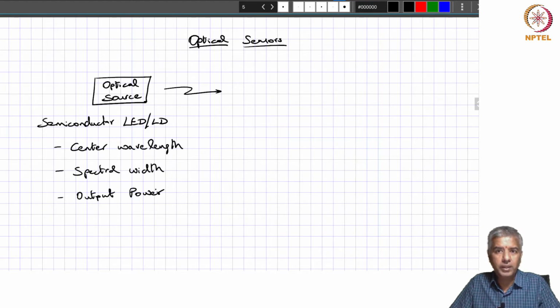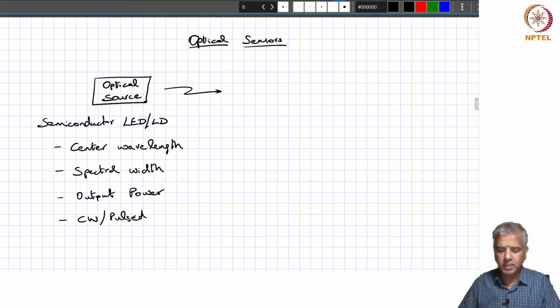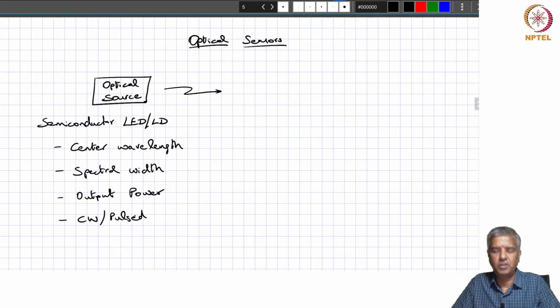And along with that, you would also want to know whether the light is going to be CW, continuous wave, or it needs to be pulsed. That's another property of the light source you are interested in, whether it should be a continuous wave light source or a pulsed light source. And of course you're also interested in, since we are trying to do a measurement where signal to noise ratio is very important,